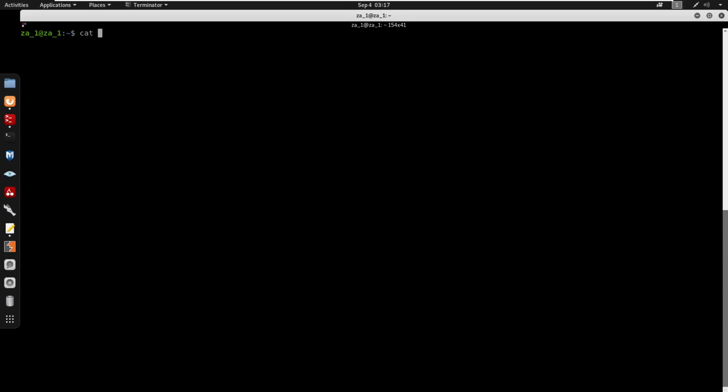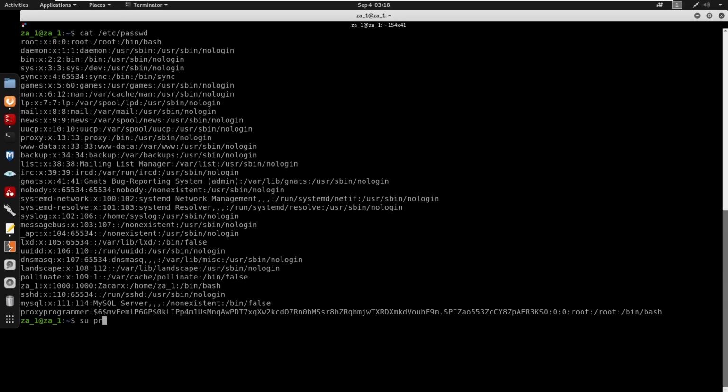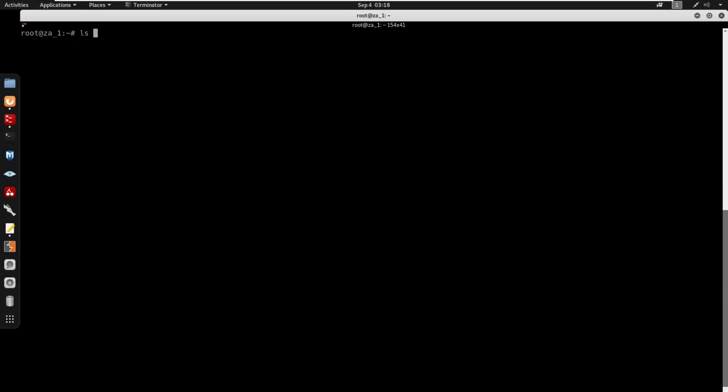So if I try to cat my /etc/passwd, I'm going to switch users to proxyprogrammer now. We do have the password for pass. So cd back, we do ls, and cat